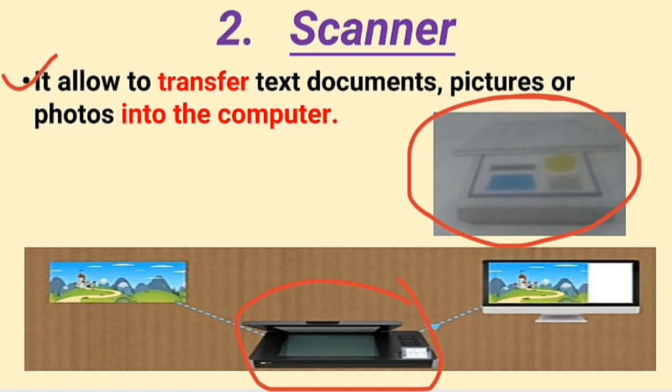Now see, here this is the picture on a sheet of paper. We want that picture to store in our computer. What we will do? We will take this picture, give it to scanner and give the command of scan. When we give the command of scan, on our monitor this picture is scanned and shown here. First, we will take this picture, put it on the scanner and give the command of scan. After that, after scanning, this picture shows here on the monitor.